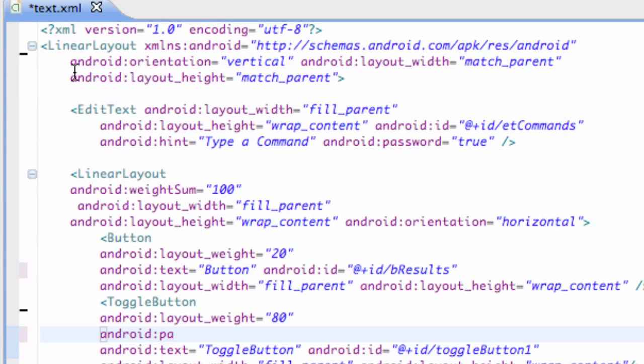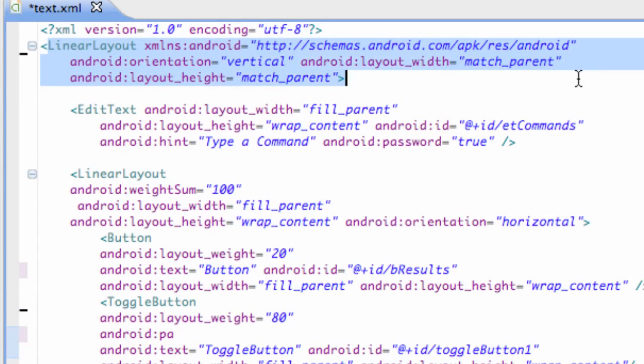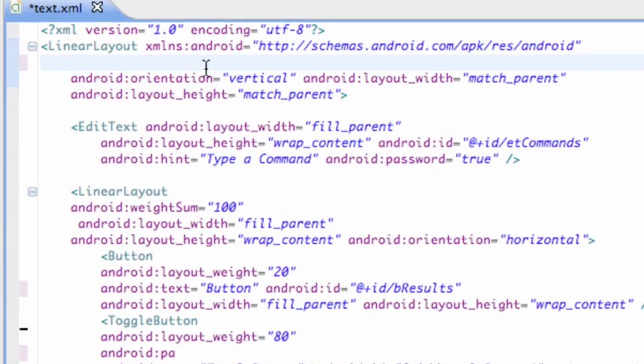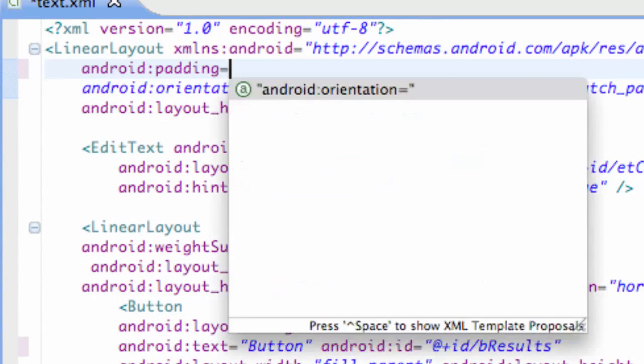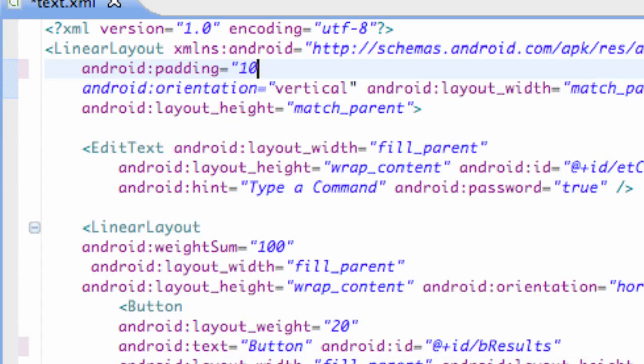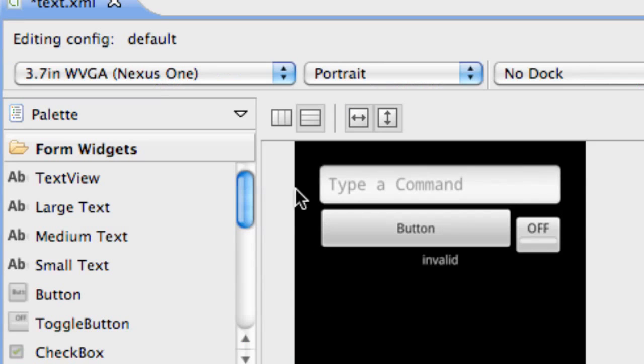Basically what I want you guys to do is go up to your first linear layout. This is the one that will fill the whole screen and defines everything else within it, and just add a line of code within the opening bracket. Pretty simple. We're going to say android:padding, and we're going to put like 10dp, something like that. Well, let's do like 25dp, just so we get a desired result. There you go. There's just 25 density pixels of padding throughout this whole linear layout that defines basically the edge of this